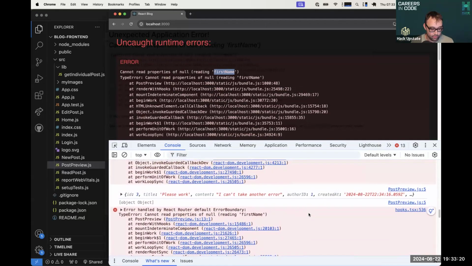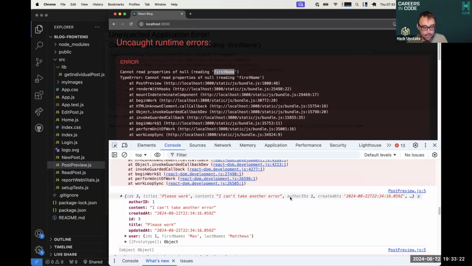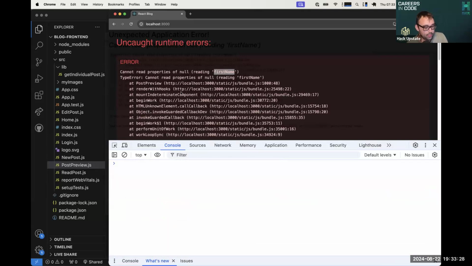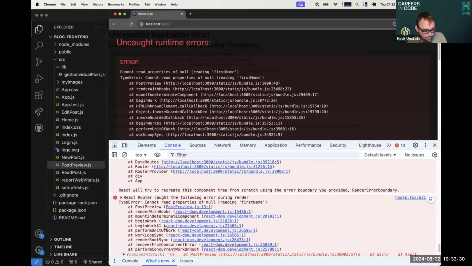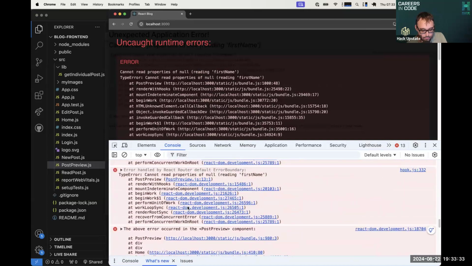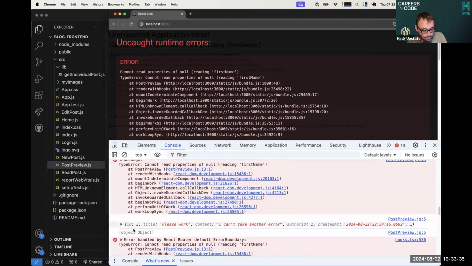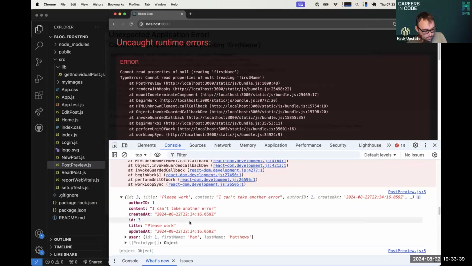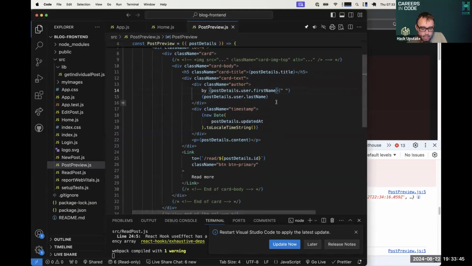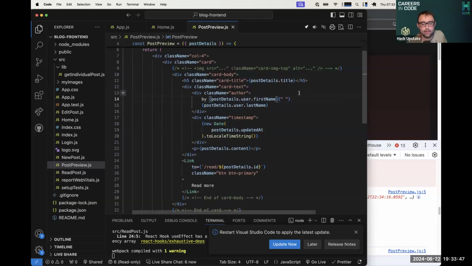And if I scroll up, I do see in my post preview, maybe not, let me try and refresh this. Okay. Can't prove my point here, but